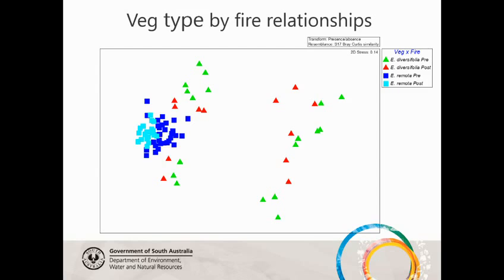But diversifolia, as we thought maybe from those previous diagrams, is doing something a little bit different. It's quite widespread. The pre and post-fire ones are actually grouping together. It's one site over time, but the actual sites are a fair bit different to one another. To get an indication of how this difference is happening,